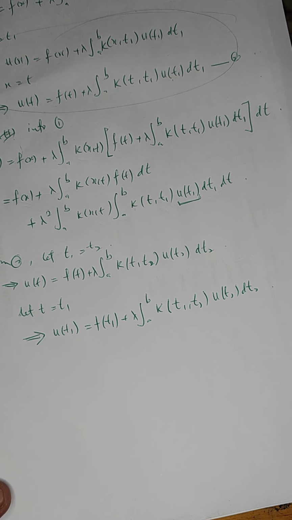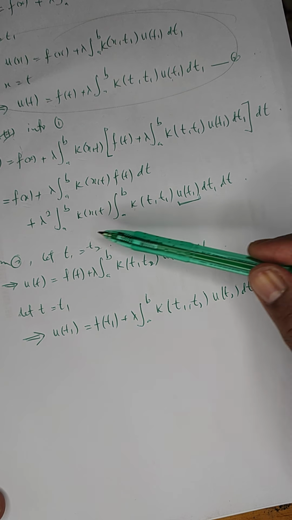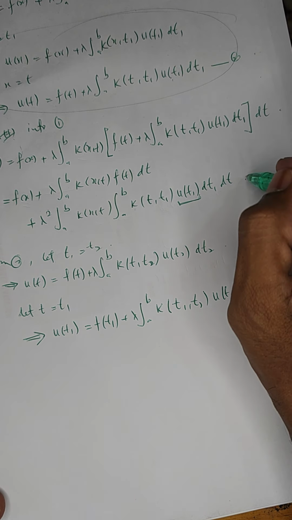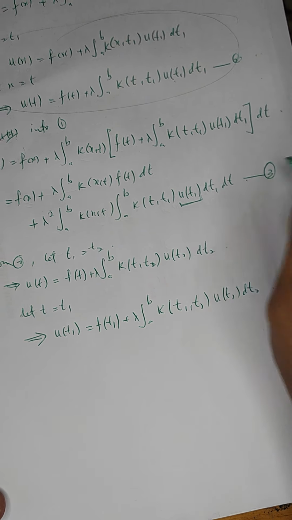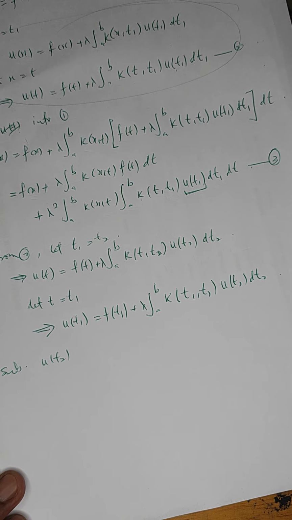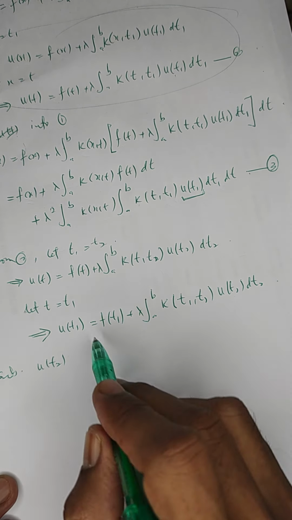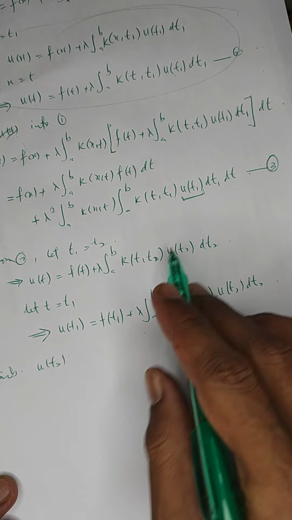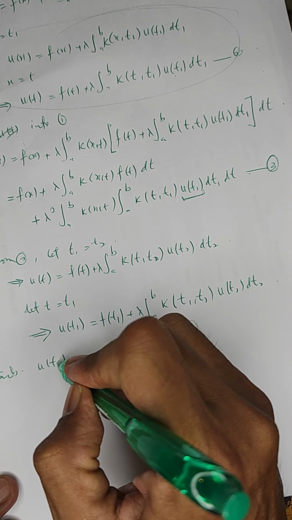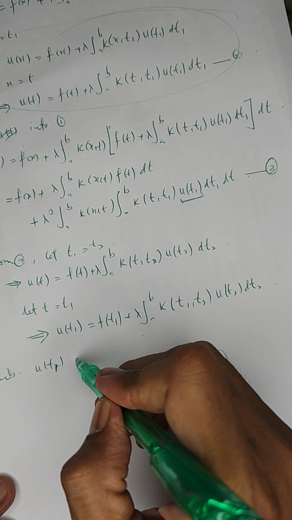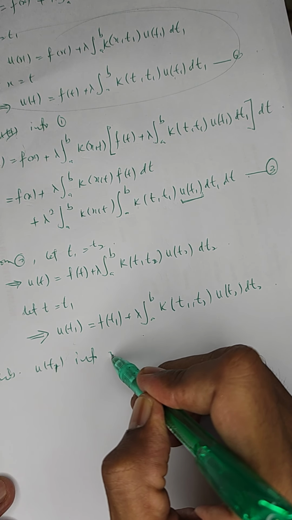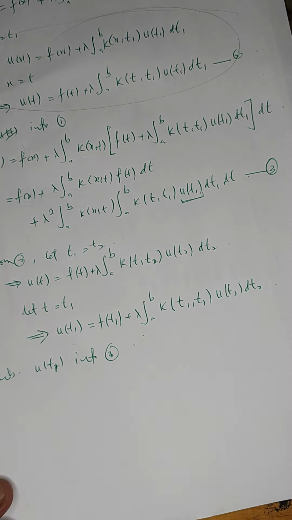Alright, now having done this, we substitute into this equation. Let's call this equation 3. We substitute u(t2). Again, if you want, you can give it a name, equation number 4, but it's too many equation numbers, so I just leave it like that. Substitute u(t1) into 3. So what we have,